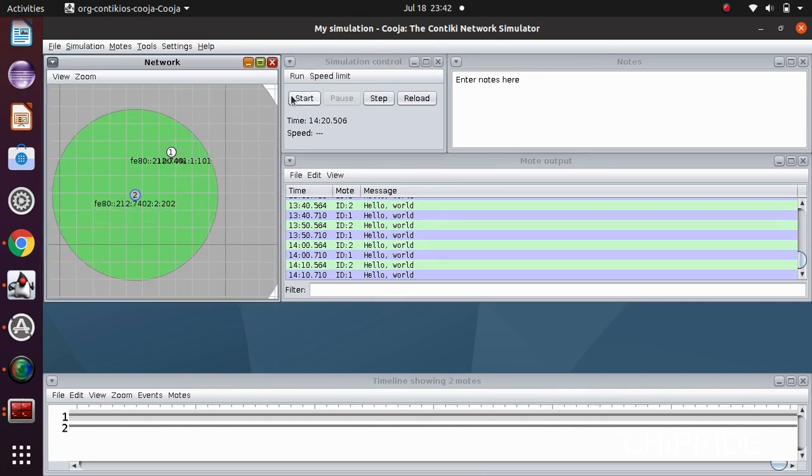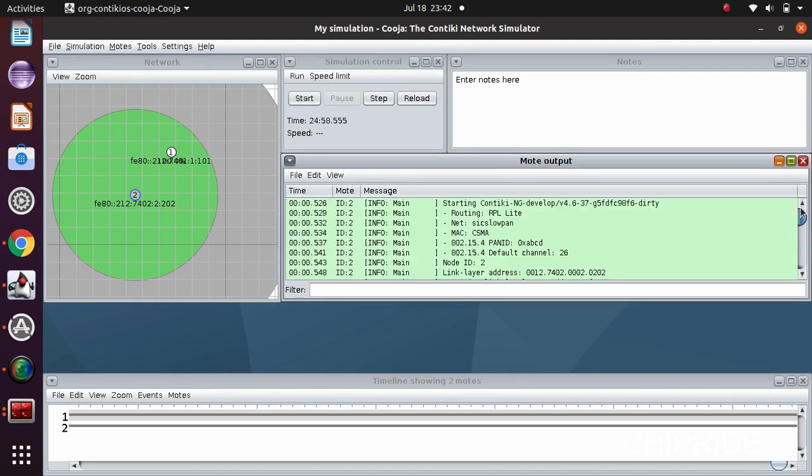You can see the IPs here, which is the IPv6 address, the link-local address. By default we have the code running inside this, which shows RPL network, CSMA, the frequency, mote ID number, channel frequency, everything is here, and the PAN ID is also shown here.